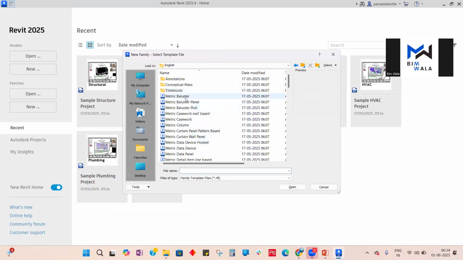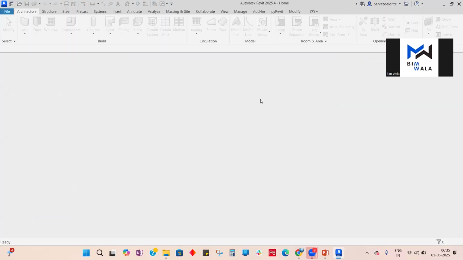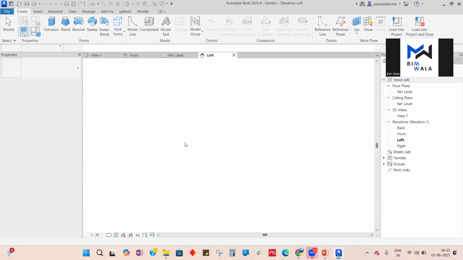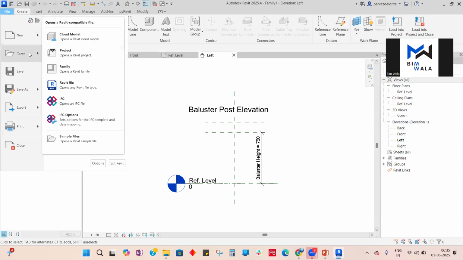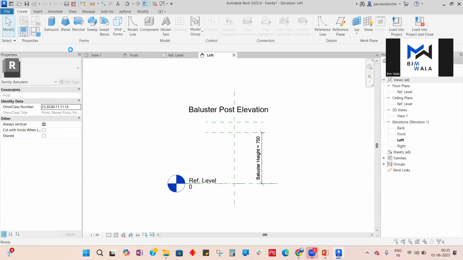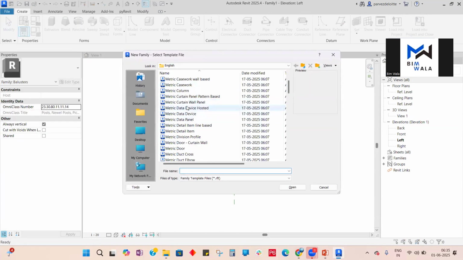And here you have different templates. Okay, let's say you have to model any baluster. Baluster is like a vertical member of the staircase steps. Baluster post. Sorry, I have just opened this baluster post by mistake. I need to go back again. Okay, I'm opening again. New family. So these are the family templates, like column and then curtain panel, whatever type of shape you want to make,